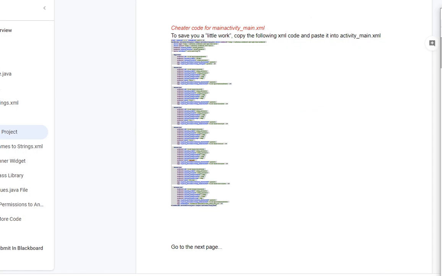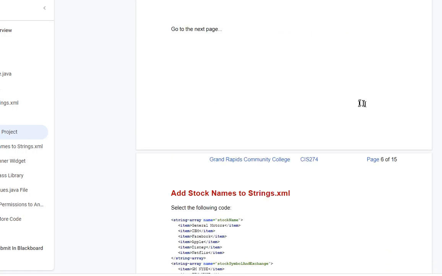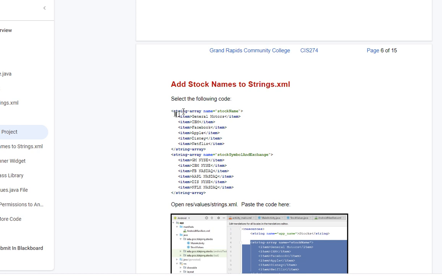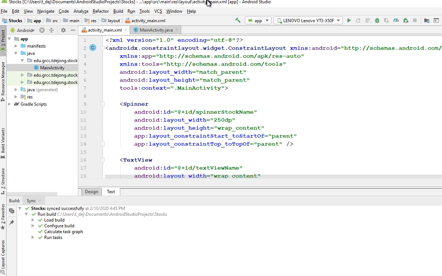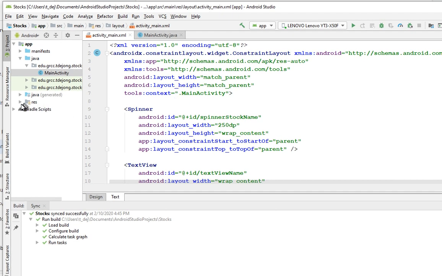Wonderful. The next thing we're going to do is add some strings, a couple arrays of strings. This code right here, Control C that. And we're going to put that in our strings.xml. We did this with capitals and states, didn't we? And if we go into our resources down here, go into our values like that, double click on strings,